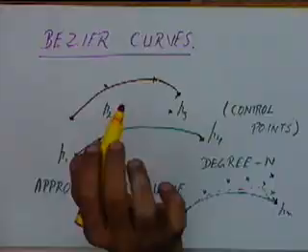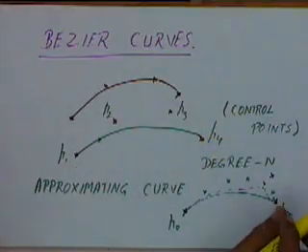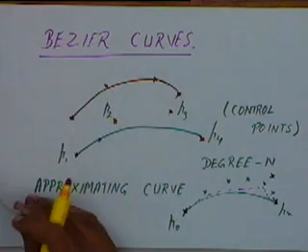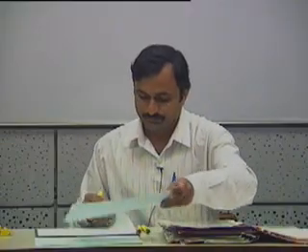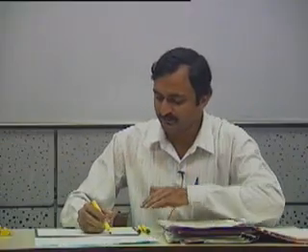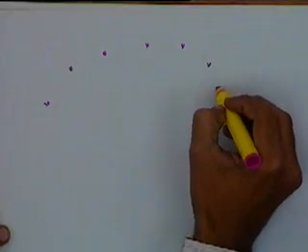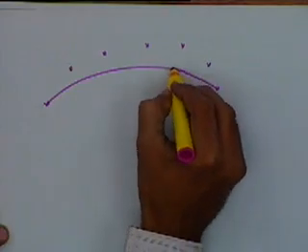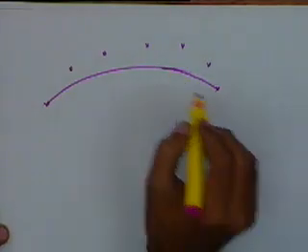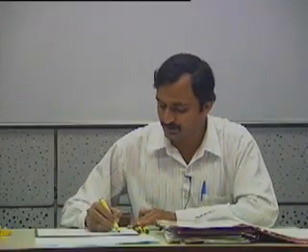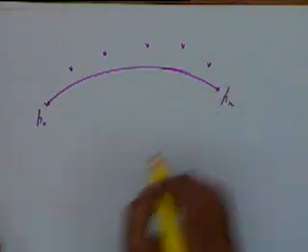Okay, that is for Bezier curves. But in general, these types of curves do not have that property. We will see other kinds of curves which do not have that property also. If we have a set of points, the first property is that my curve should start from the first point and end at the last point. This is what we desire from the point of view of application. So the starting point should be P0 and the ending point should be Pn.